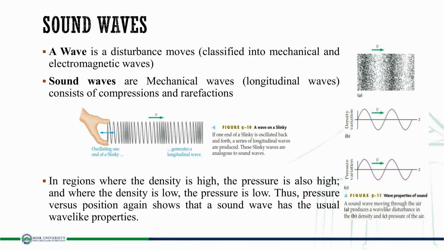Now, look at graph C. Pressure variation. The curve looks identical to the density one. Because they are physically linked. In regions where the air density is high, the pressure is naturally high. So even though the air is just shoving back and forth longitudinally, we plot that pressure change as this beautiful, smooth sine wave. I get it. The wave shape isn't the motion of the air, it's a map of the pressure squeezing and releasing. You've got it. That regular, rhythmic squeeze is what your ear detects as a tone.